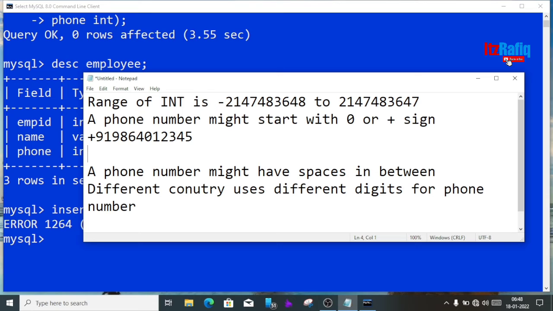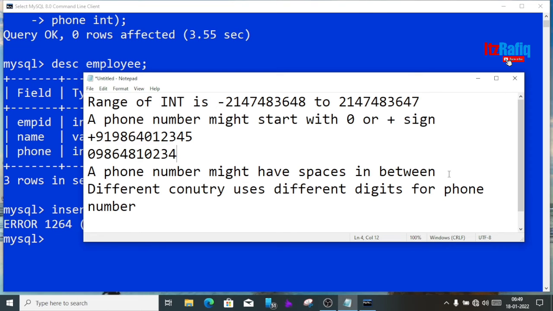Again, for local phone numbers we start with that particular number, but for a national phone number, suppose you are calling an Assam phone number from Maharashtra or Bihar, then we have to add an extra 0, like 09864810234. So this way you have to add one extra 0, but in integer we cannot place 0 before the number. So to solve these problems we'll always choose string as the data type of phone number.